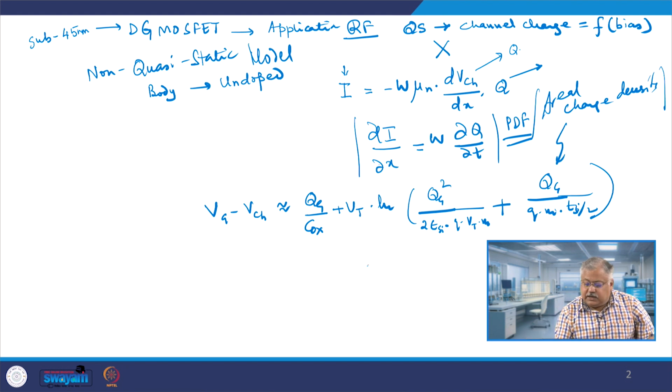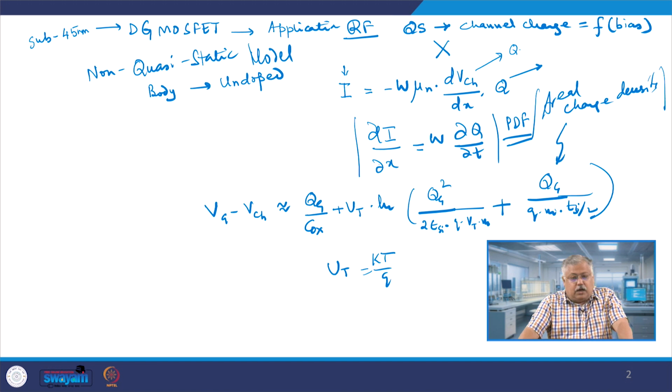Ut is basically kT by q, the thermal equivalent voltage, and ni is the intrinsic carrier concentration, ti, t silicon is the silicon thickness, Cox is the oxide charge concentration. Now, if you solve it and do all sorts of manipulation, then we finally get that if you have a large signal, non quasi static model available with you, then we get the total current which is flowing through